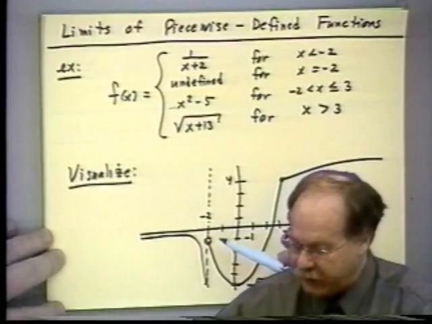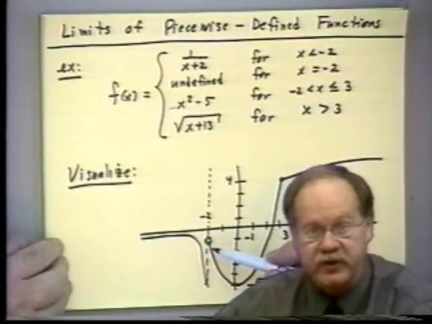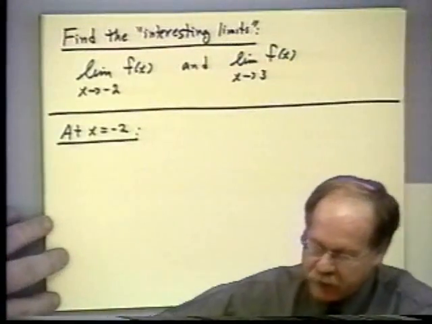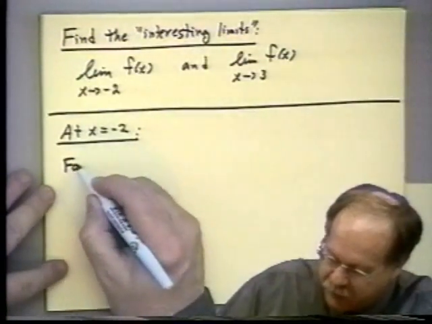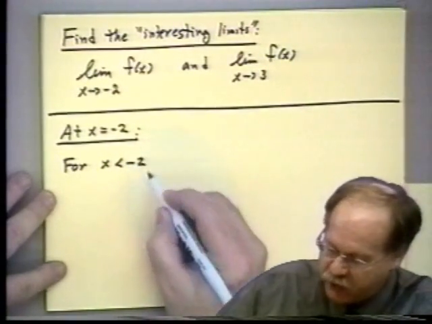It does look like, in fact, that things are interesting here. It does not look like the function meets. So let's see what we learn from the limits. Certainly, we're going to have to examine the two one-sided limits. So for x less than minus 2 here,